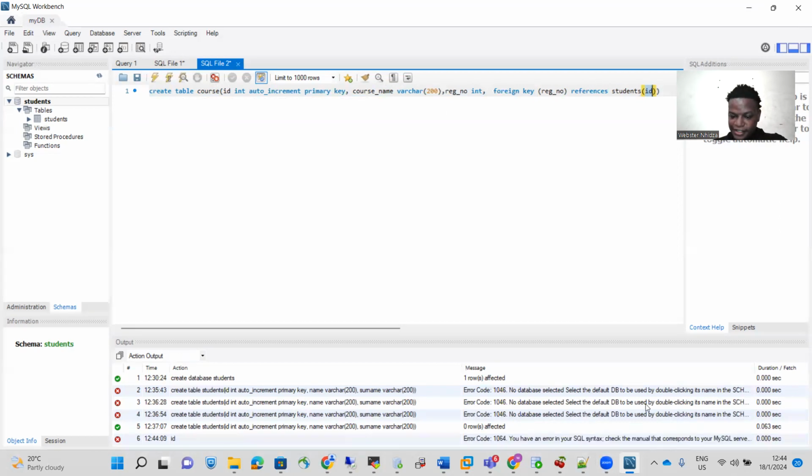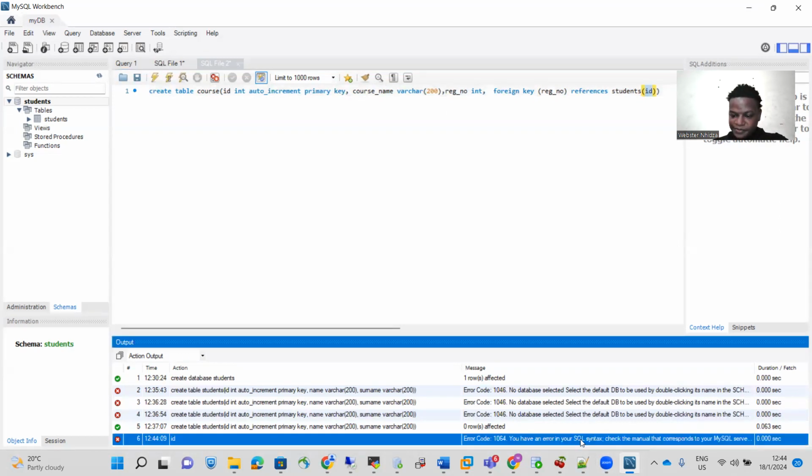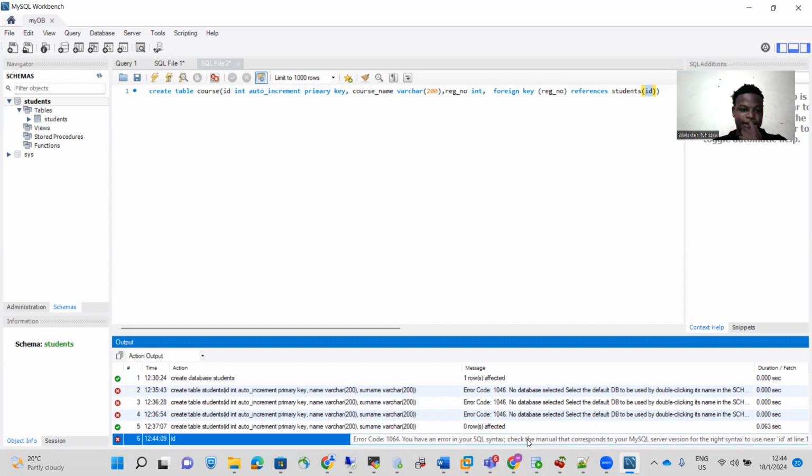What is it saying? We have an error code 1062... right syntax to use near ID at line 1. Create table